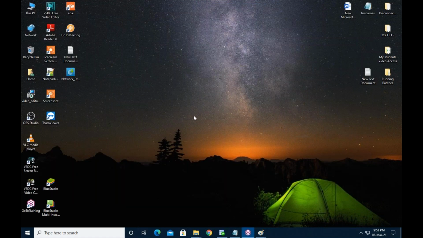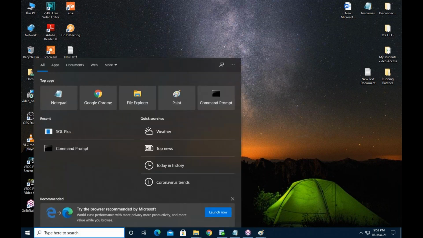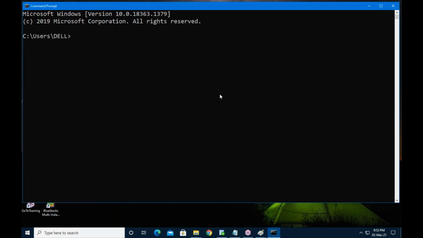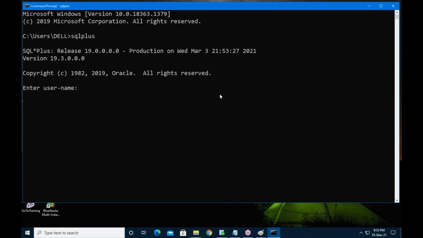The third method is from the command window. Open the command window, type SQL Plus, enter. Through the command window also we can start our application SQL Start Plus. I hope you understand how to open SQL Start Plus.